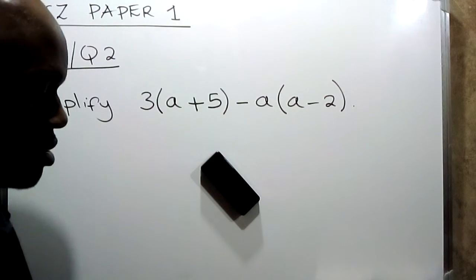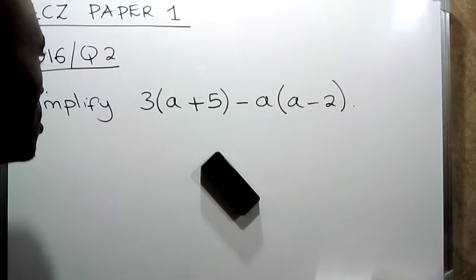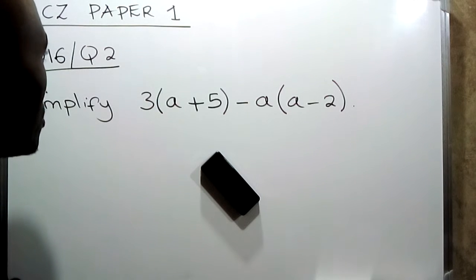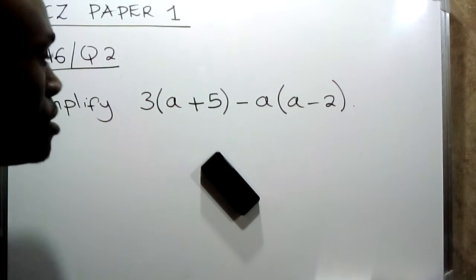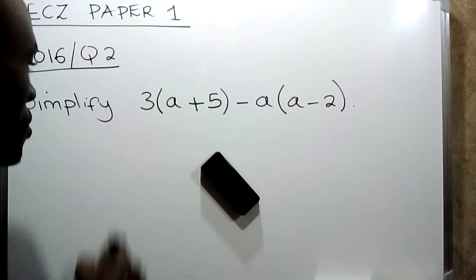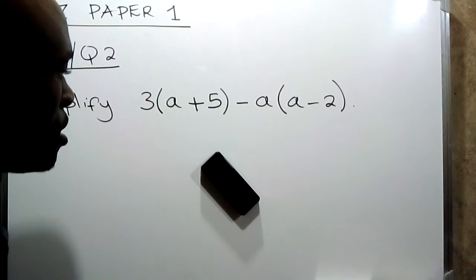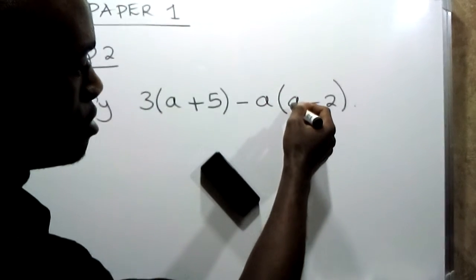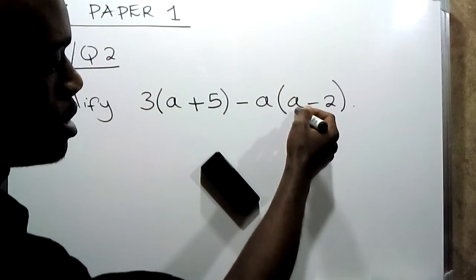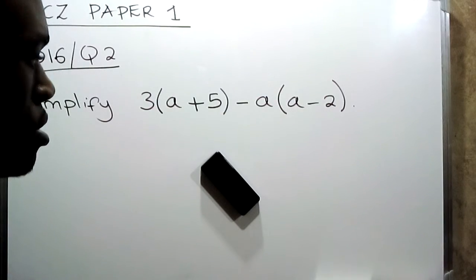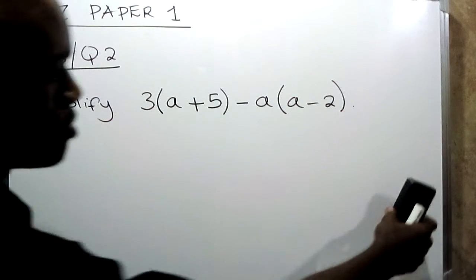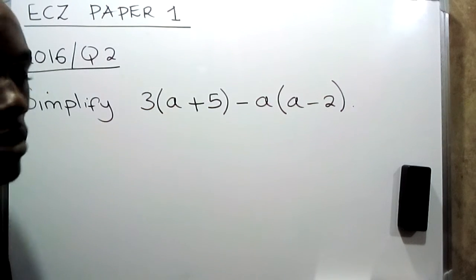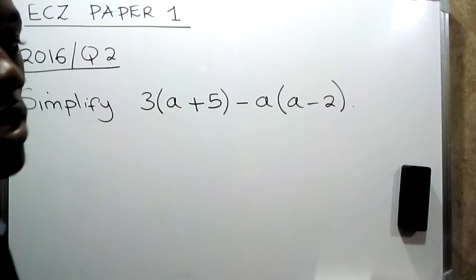And in this you can see here 2016 question 2. It's a question that came in the ECZ paper 1. Simplify 3(a + 5) - a(a - 2). So in this question we are supposed to simplify, and because we have the brackets here, we need to start